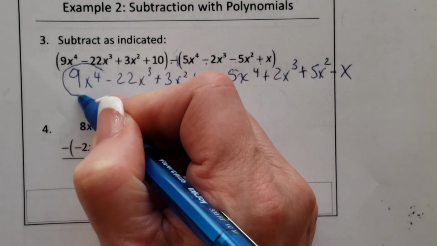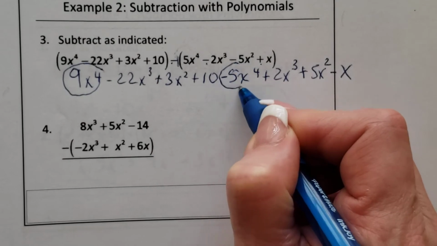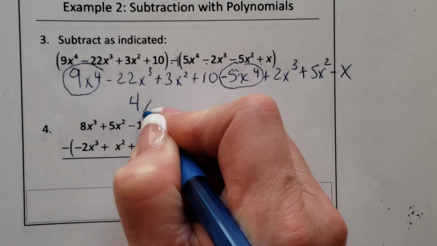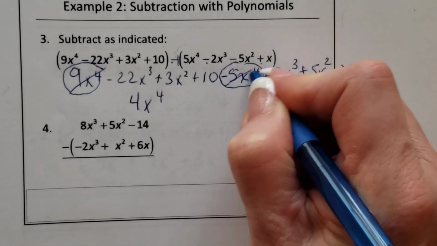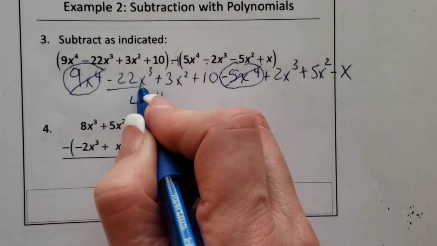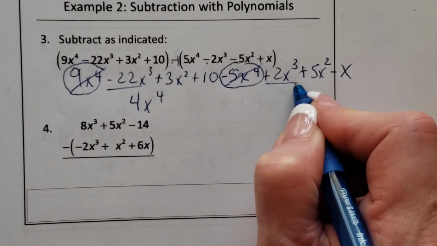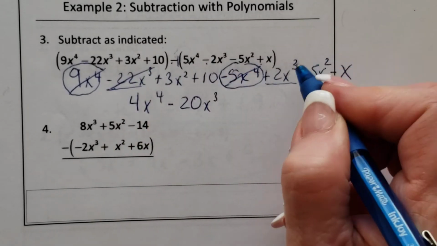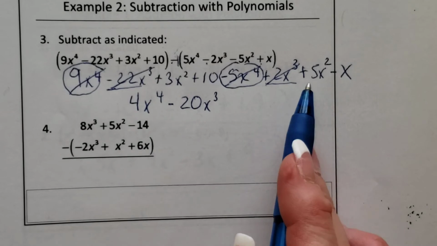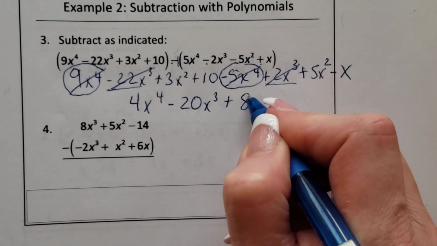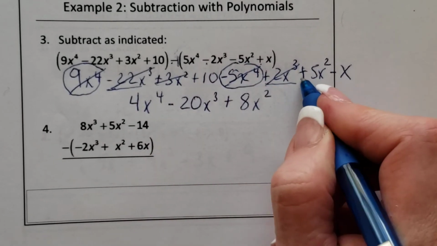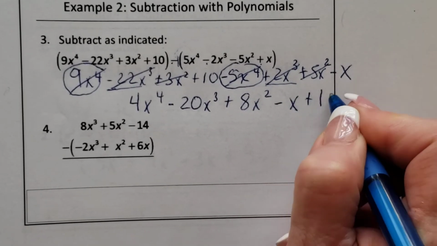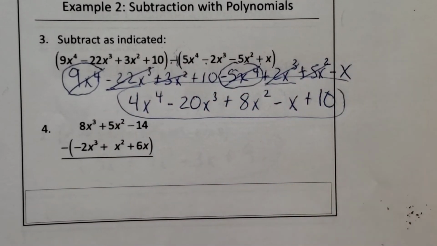So I have 9x to the fourth combined with negative 5x to the fourth. So 9 minus 5 is 4x to the fourth. Then my 3's, I have negative 22x to the third plus 2x to the third. So that's a negative 20x to the third. Now I have 3x squared plus 5x squared. So that is 8x squared. Negative x to the first power plus 10. And that's my